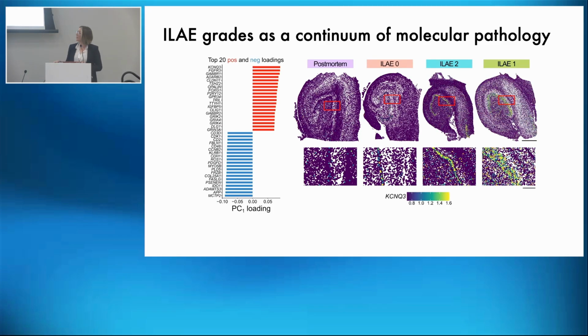Taking a closer look at our top loading, KCNQ3, I was able to show that there's a specific upregulation from ILAE2 to ILAE1 in dentate gyrus granular cells. I haven't gone into detail into the analysis of these. There are subclusters that I've hidden from you all. I think this would be its own paper, which is really exciting because that's what this kind of data can do. I can give it out and then do even more analysis.